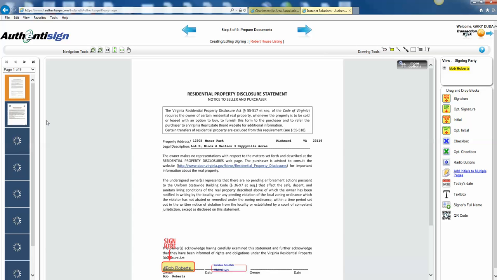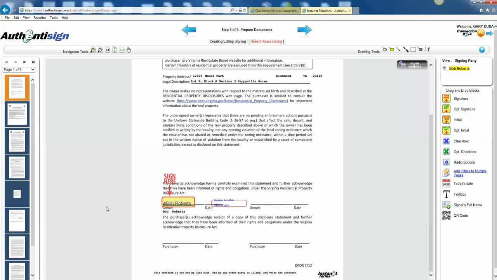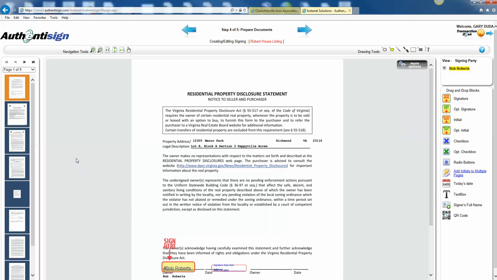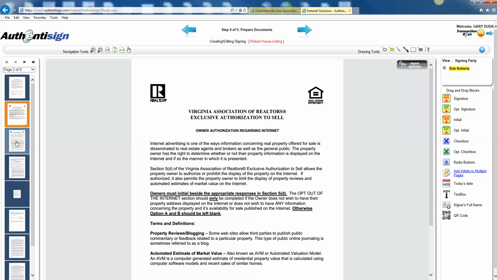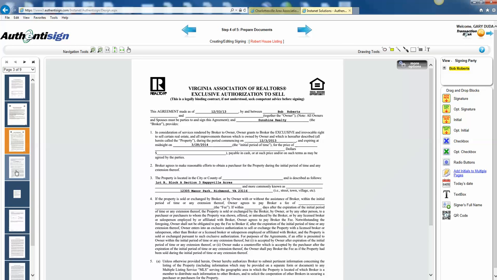Now what we're doing in step 4 is we're preparing the document for signature. Authentisign has signature templates, and that's what's happened here, is that it's automatically put the signature and the date in the correct place. And that's very handy that is set up for you. But there's also going to be places that you're going to need to add signature blocks and initial blocks. And in this case,